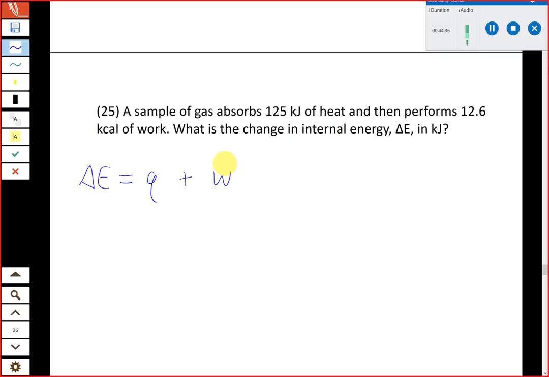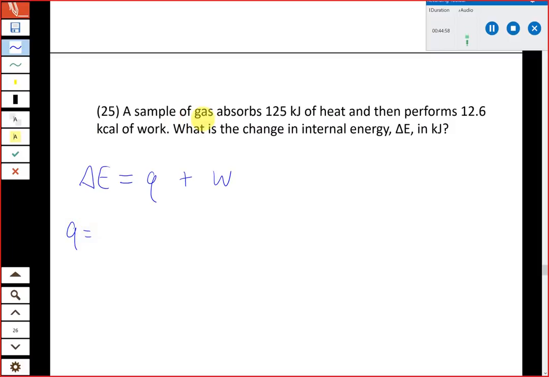Now, there's 2 tricky parts to these problems. One is that we don't usually directly give you the sign for Q and W. That's going to be implied based on the wording in the problem. And secondly, we have to make sure the two numbers are in the same units before we can add them together. So if we look at the heat term first, Q,